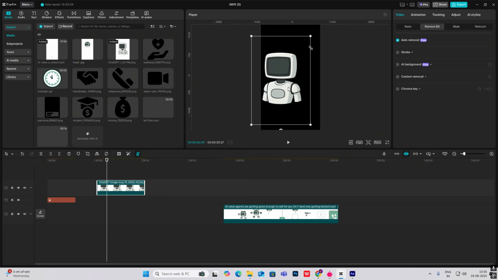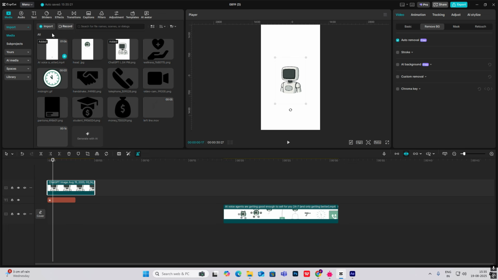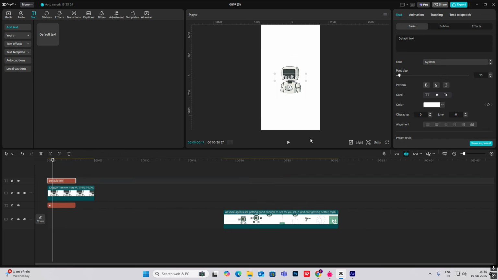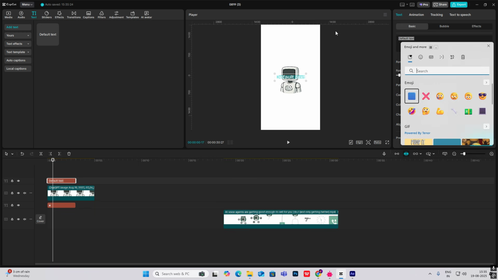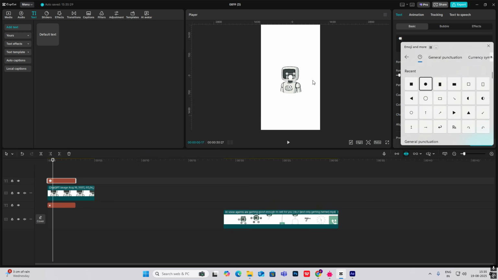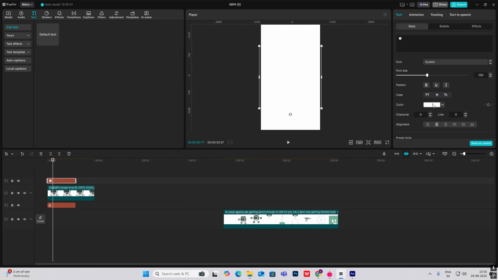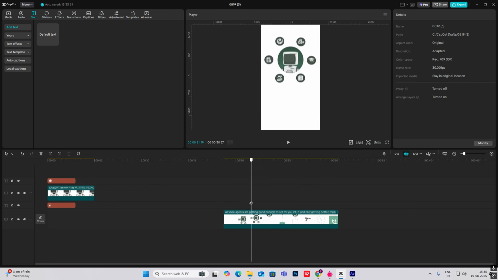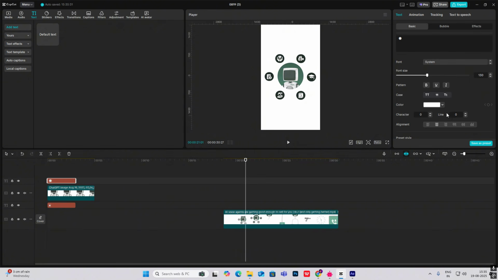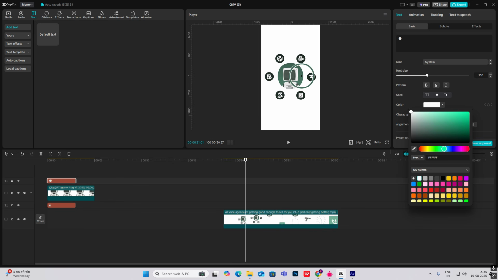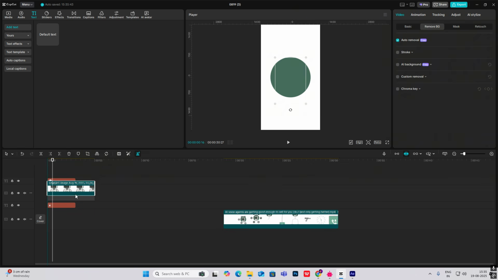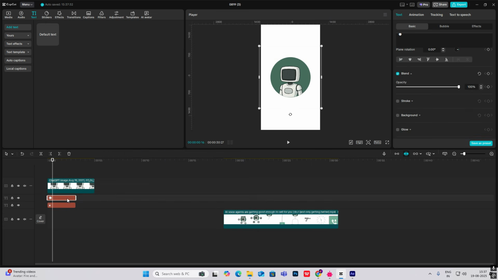Now I'll just head on inside and take care of auto removal. So I will take this image as separate, make it small. Again, I'll bring in a default text, Windows plus dot key, and this time I'll be selecting a circle, make it big. Okay. Now I'm going to select the same color as this circle. If I select this, the color, and hit here to make the same color. Okay, put this above the circle, okay, like this. Now I just make this big,